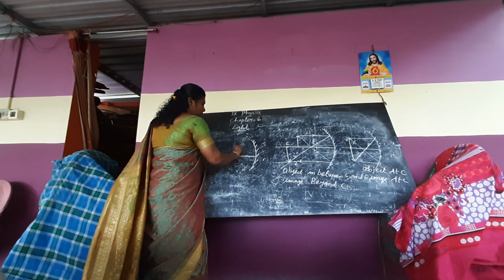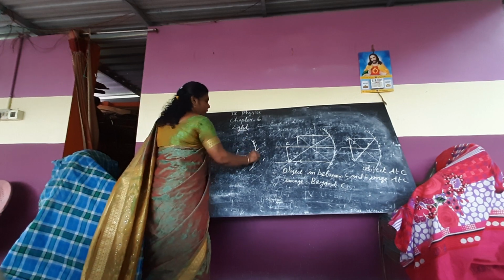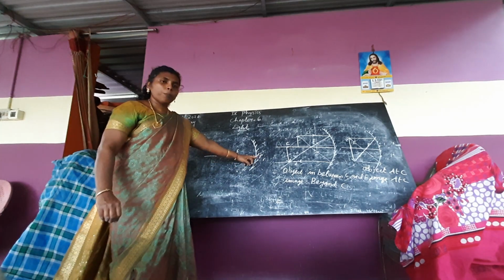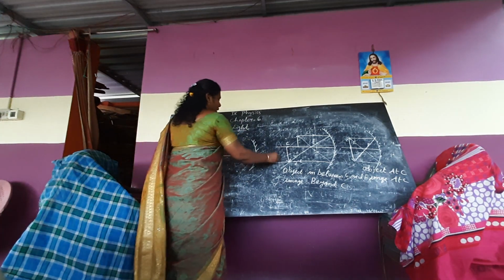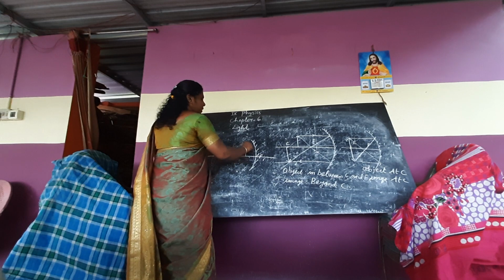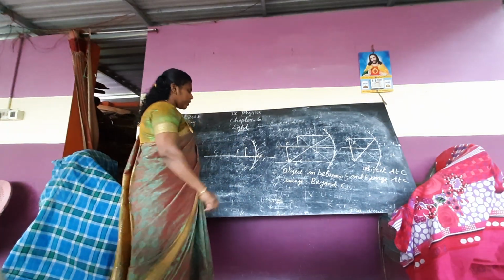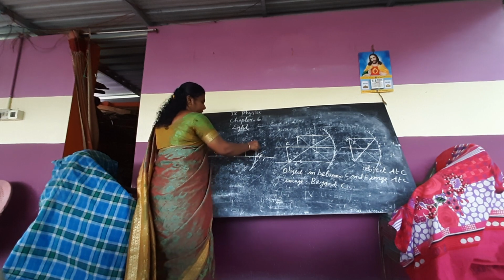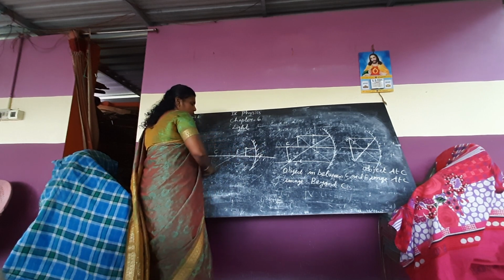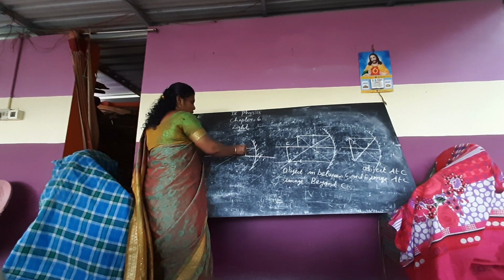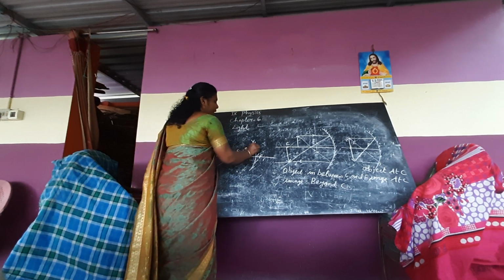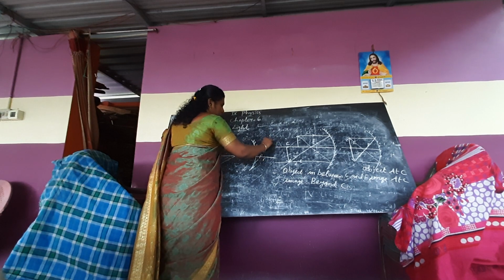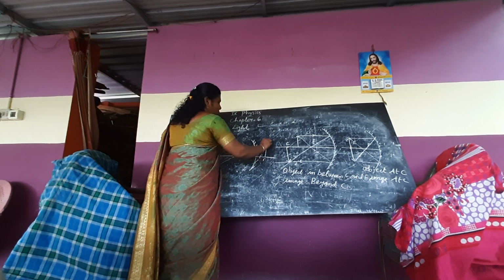Concave mirror, principal focus, then the object in between the principal focus and the pole is very, very important. See the object here, in between the principal focus and the pole. Now a ray passes through, and after reflection it passes through the principal focus. Another ray passes through the center of curvature. Now here you will get the image beyond the pole.